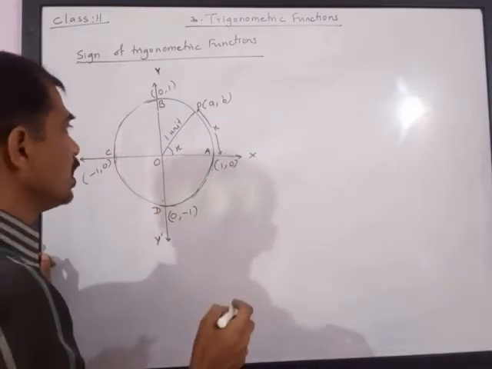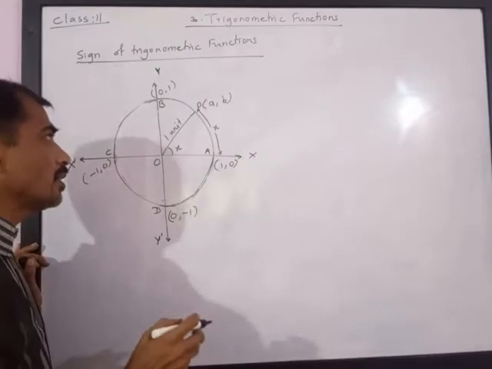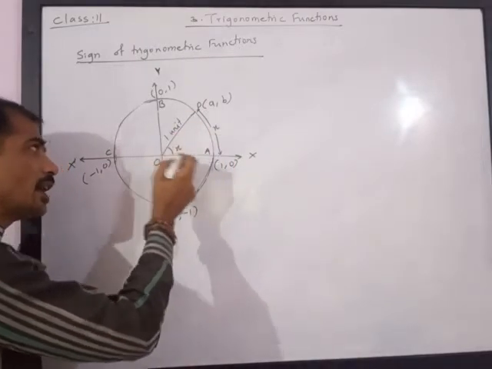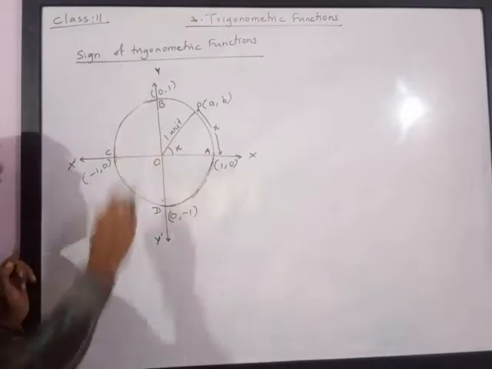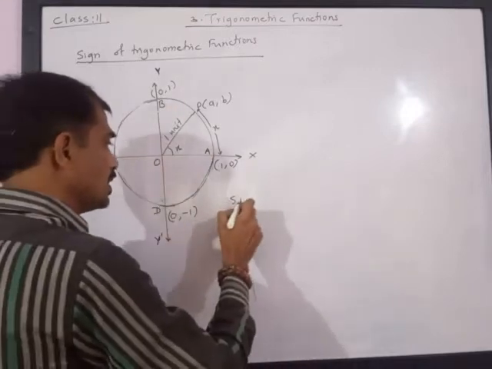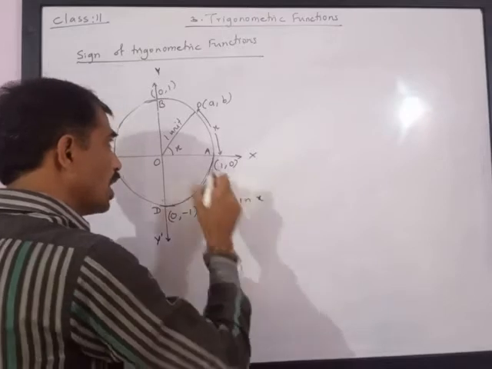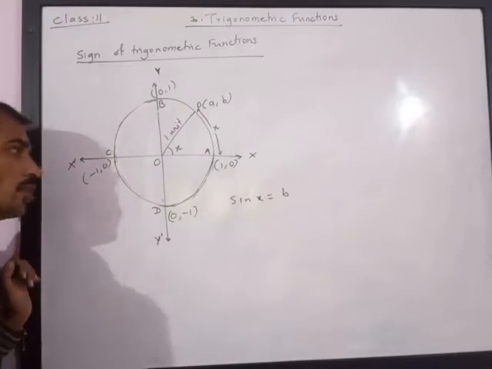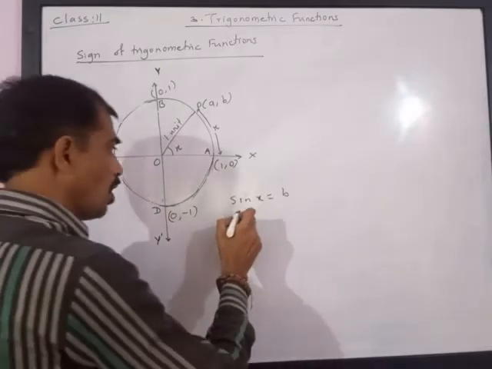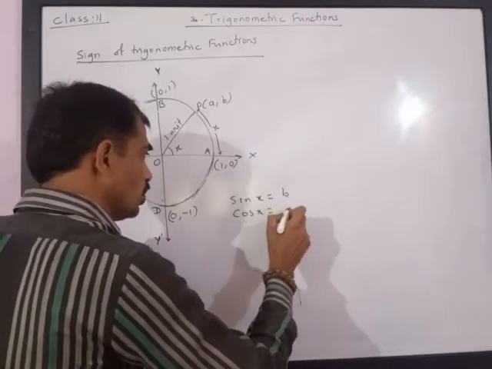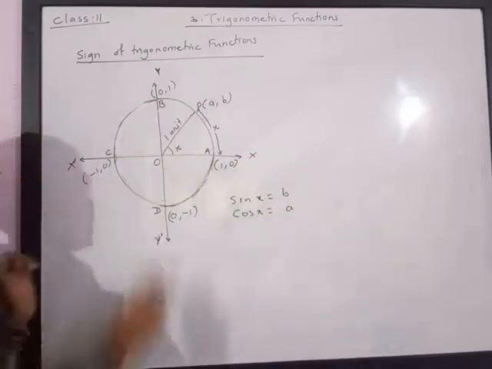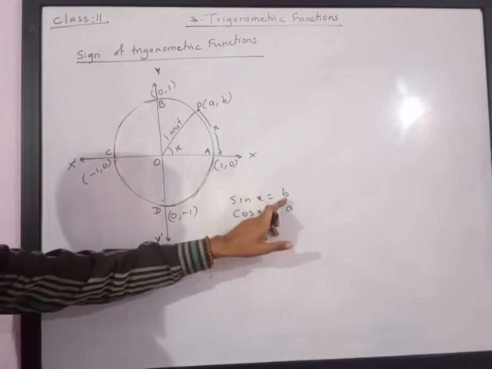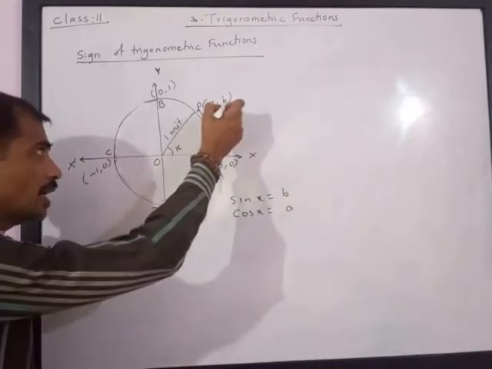Now we know that L is equal to r theta. So from that, if the radius is 1, we get theta, that is the central angle, also x. Now from this we have also discovered that sin x is equal to opposite upon hypotenuse, which is equal to the y coordinate, that is b upon 1, that is b, and cos x is equal to a, that is the x coordinate. Please understand here, cos x is the x coordinate and sin x is the y coordinate, that is the second coordinate.